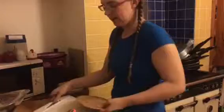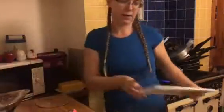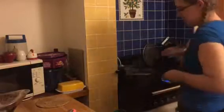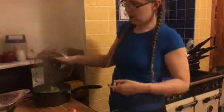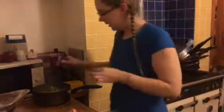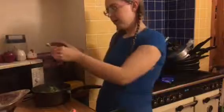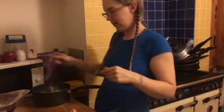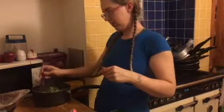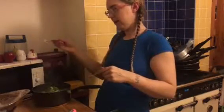Get a mat ready because I am super prepared today. And then after about 10 minutes of boiling, you should be able to take it off. Lovely steam. And your broccoli stems should be tender. You should be able to stick a fork in,